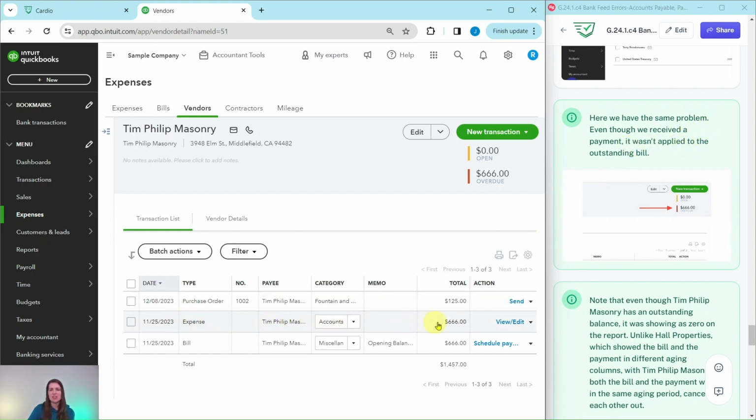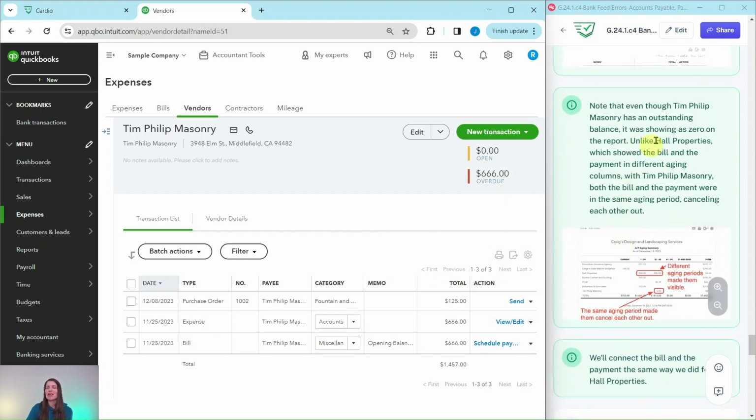Here's that expense. It's showing that that payment was made, but it's not actually a bill payment transaction. So it's just kind of hanging out there. And it's showing that it's overdue because it's not connected. So note that even though Tim Phillip Masonry has an outstanding balance, it was showing as 0 on the report. Unlike Hall Properties, which showed the bill and the payment in different aging columns, with Tim Phillip Masonry, both the bill and the payment were in the same aging period,